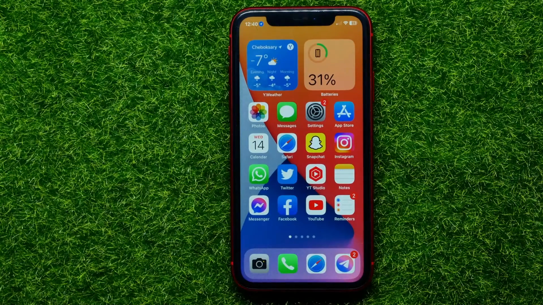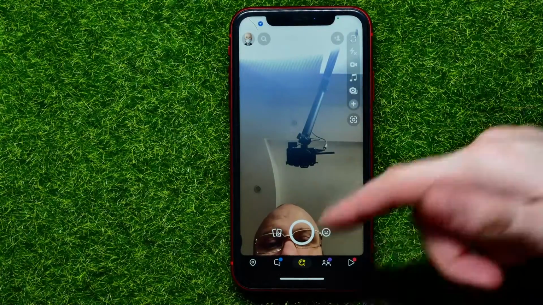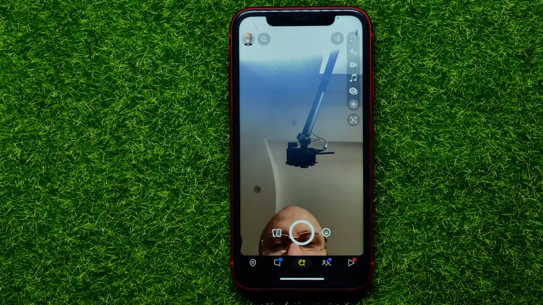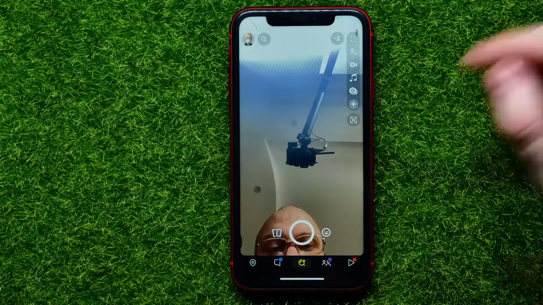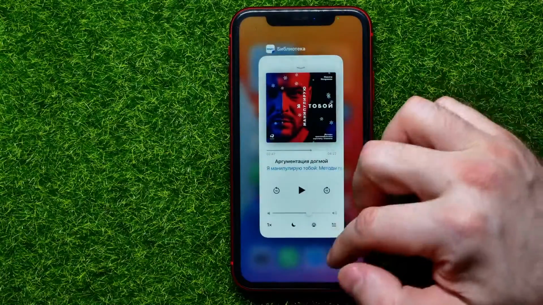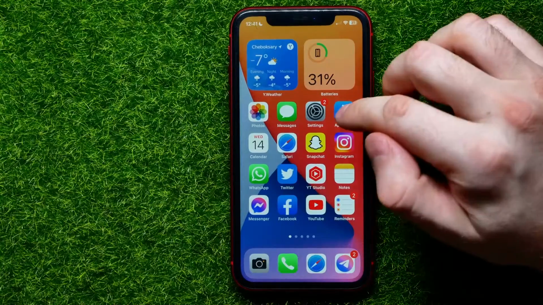So let's begin, and first open up Snapchat app. Snapchat opens with a camera and you can now record short video. As you can see, my camera is not lagging now, but if your camera is lagging, you can easily solve that problem. So you can close your Snapchat app for now, and the first thing you may try is to